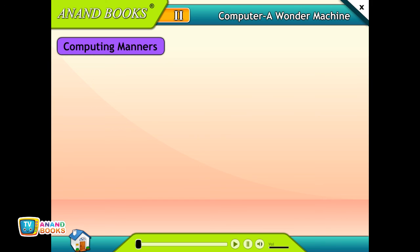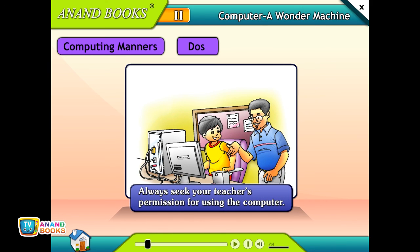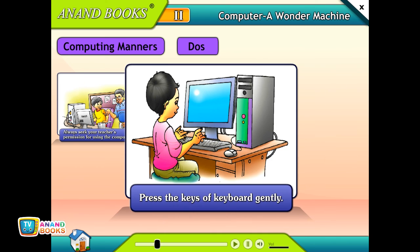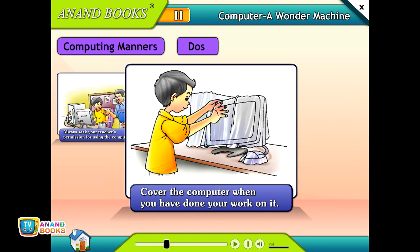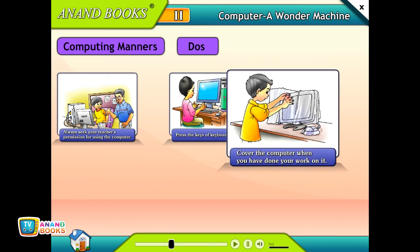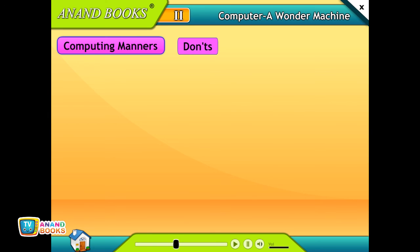Computing manners. Do's. Always seek your teacher's permission for using the computer. Press the keys of keyboard gently. Cover the computer when you have done your work on it. Don'ts. Computer